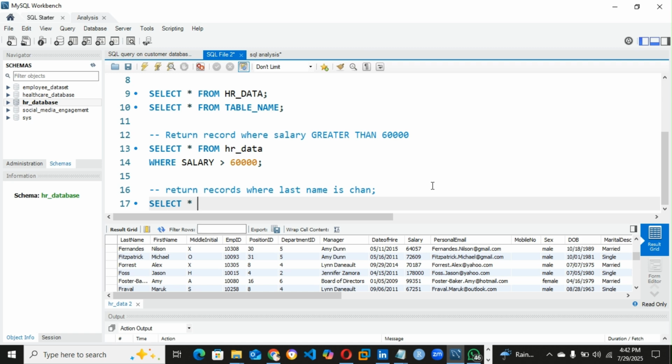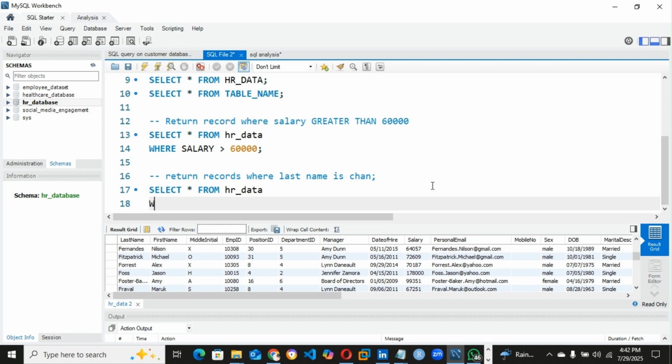So where am I looking at? We are looking at this particular table we are working with. So from HR data. So what is the condition? This where now is like a condition where last name is Chan. So where,